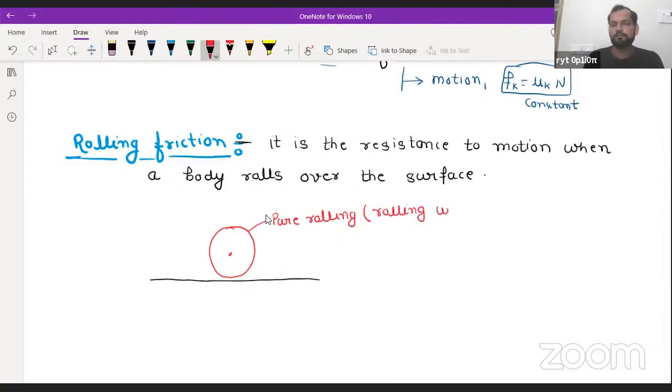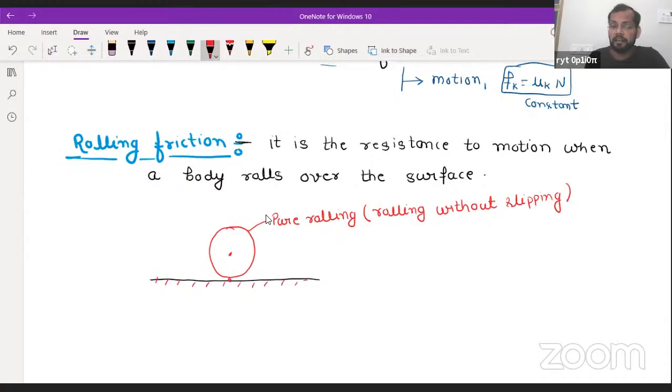Is it okay? Rolling without slipping. Can anybody answer, when a disk is in pure rolling motion over a surface, in that condition,